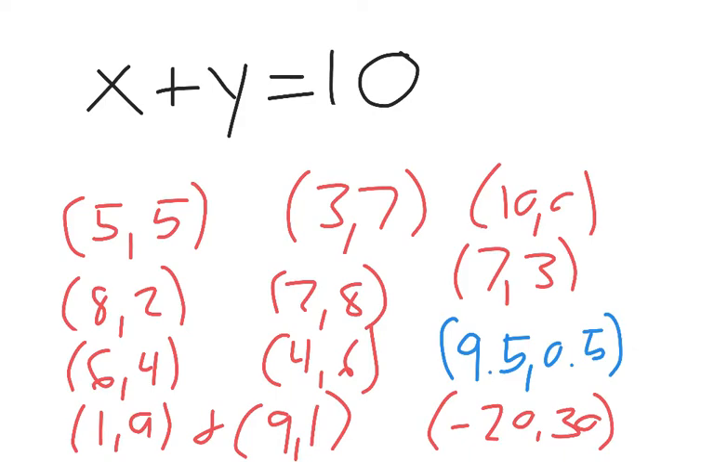So how can I show you all the answers when I have an equation with two variables? A graph. A graph. That's what we did. If I had x plus y equals 10,